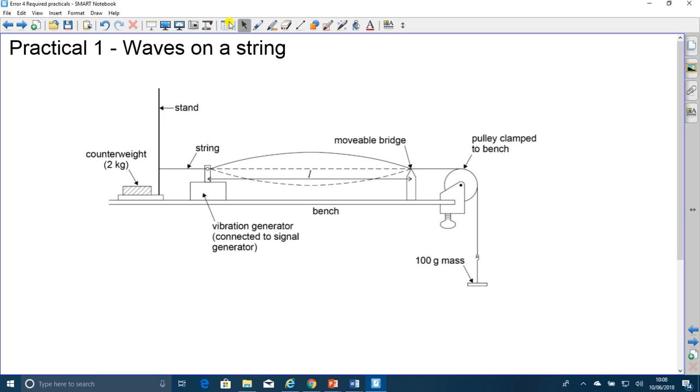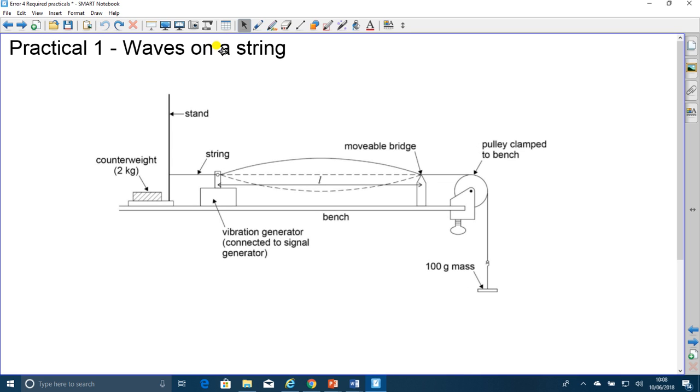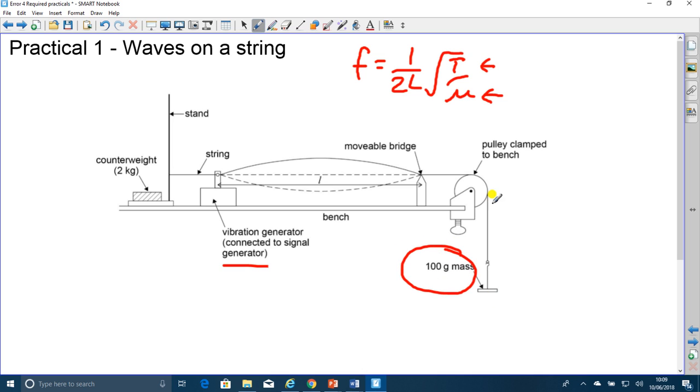So the first one was waves on a string, so here you find the fundamental frequency. In this one here, you've got the fundamental frequency, a wave on a bridge. Here you've got a signal generator which is vibrating. This vibration generator, sorry. And what's happening is you're using the equation F equals 1 over 2L times the square root of T over mu. This here is mass per unit length. This here is tension given by this, so 100 gram mass in this case would have been 1 Newton. Length is the length between these two, between the movable bridge and the generator, and F is the frequency where